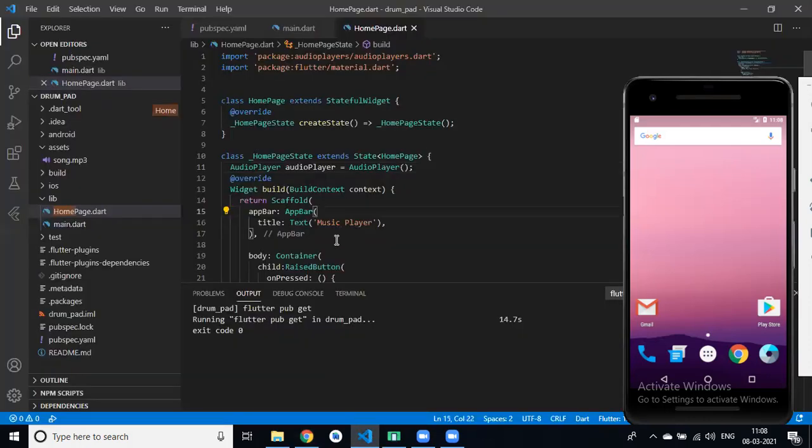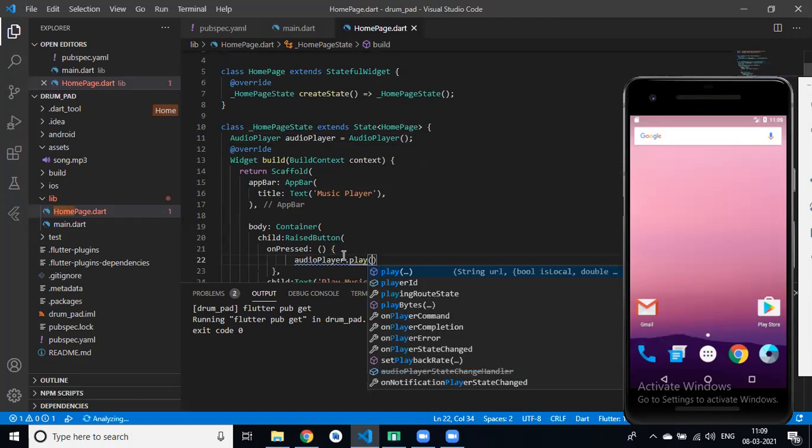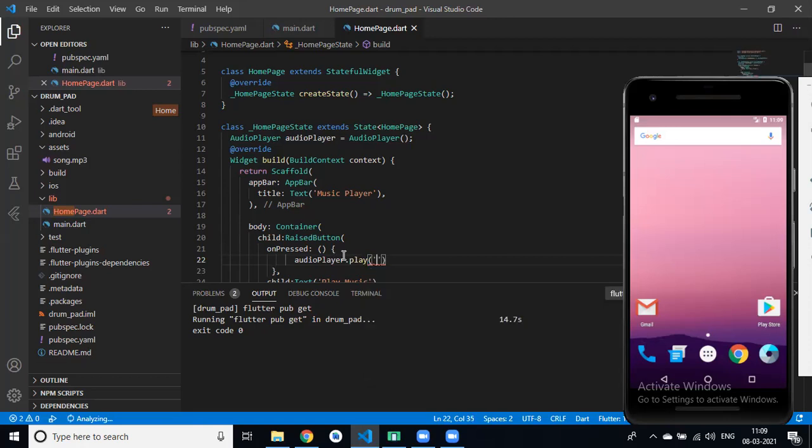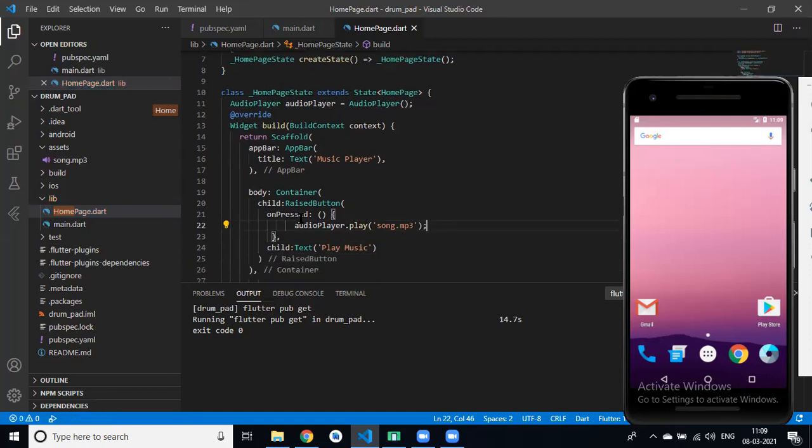So if I click on this button, then audio player dot play, and in this we have to simply pass our asset file, our song name, song dot mp3, with the extension. Clear?